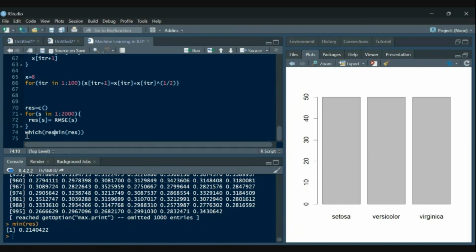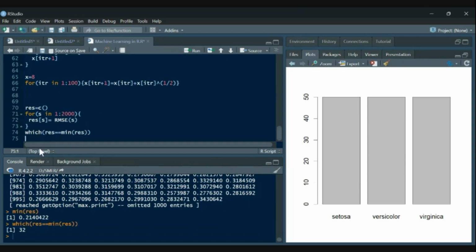Since it is a logical argument, wherever it is true, the corresponding index will be the value which we wanted. So when we run this, we obtain 32. So our S value is 32, for which it gives us the minimum RMSE.